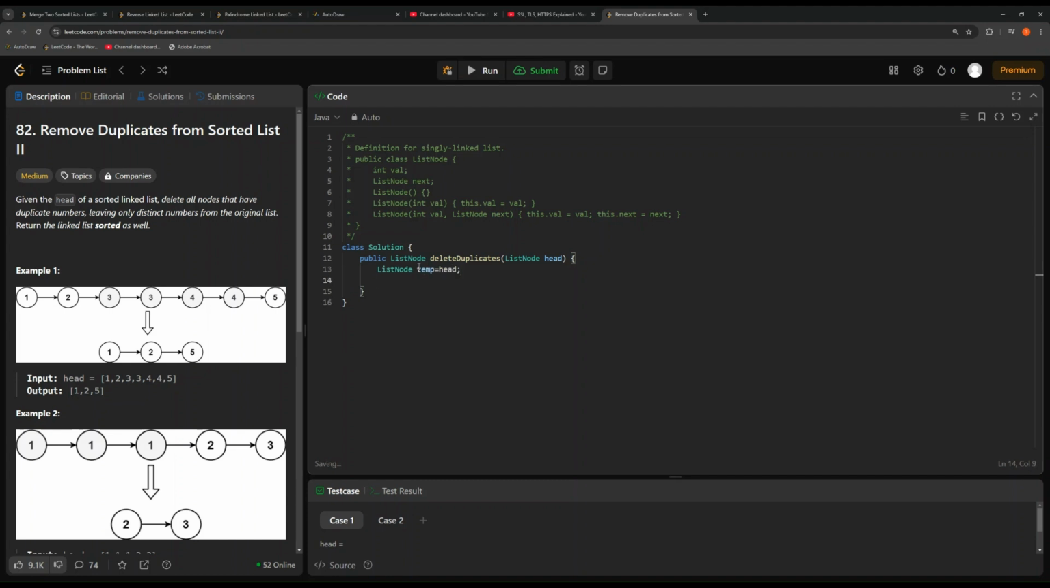All right. Let's have some random value equals, let's say, just some random value, right? Now, while temp is not null, if temp dot next is also not null, and temp dot val equals temp dot next dot val, so this is a problem for us. Then what we'll do is temp,